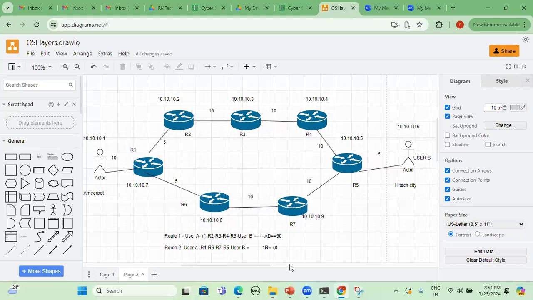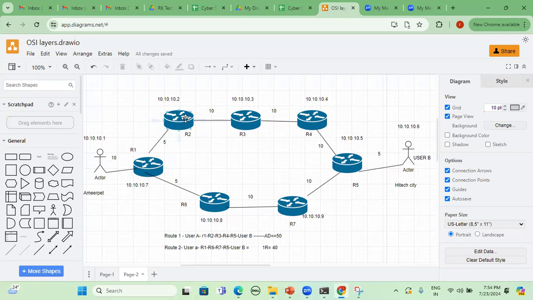Additionally, as I said, each and every router maintains the router ID and also the source IP and destination IP. For example, for router 1, what is the source IP, where the packet is originating? 10.10.0.7. Where is the packet reaching or going?